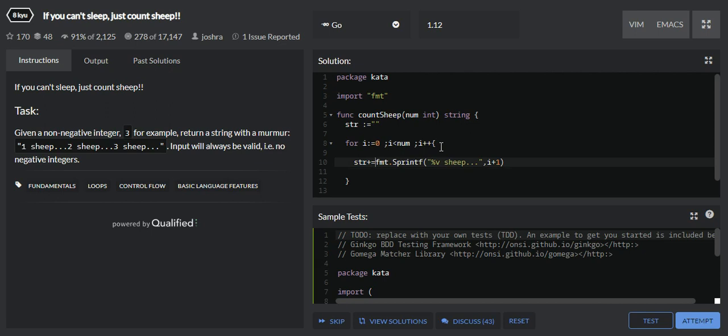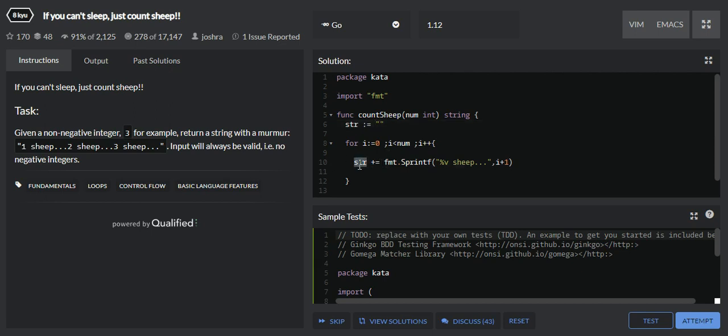So with plus equal to, in the first occurrence i is 0, and here it will generate the string as i plus 1, that is 1 sheep, and this function will return 1 sheep to str. At first str is not having any value, it is just blank, so it will add blank with 1 sheep, so the output is 1 sheep.